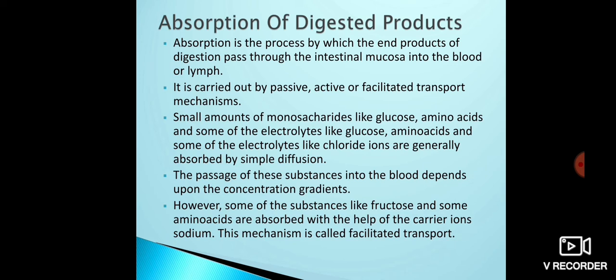So here I said that in the active and passive transport of the absorption of food products, the active one is going to use a helper or carrier ions like sodium. When they need the helper or carrier ions, they require energy. Then these carbohydrates and amino acids easily dissolve in water and the blood.